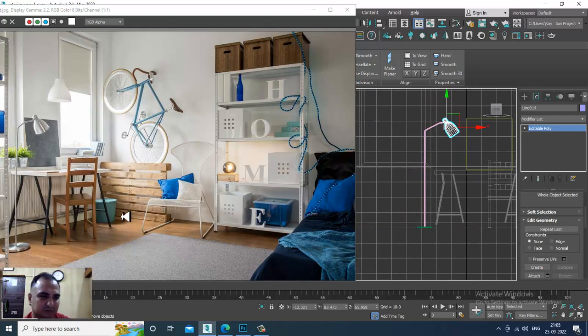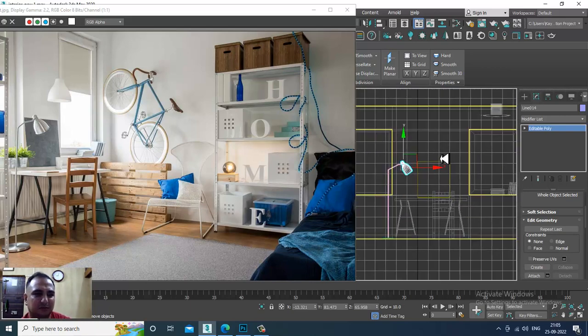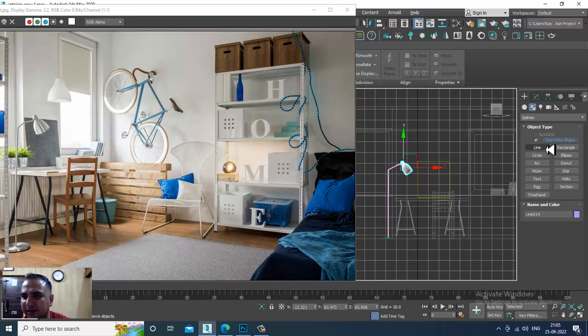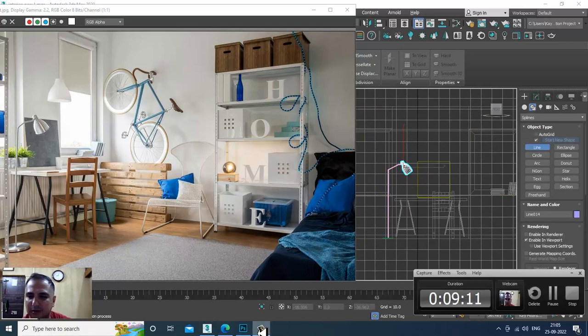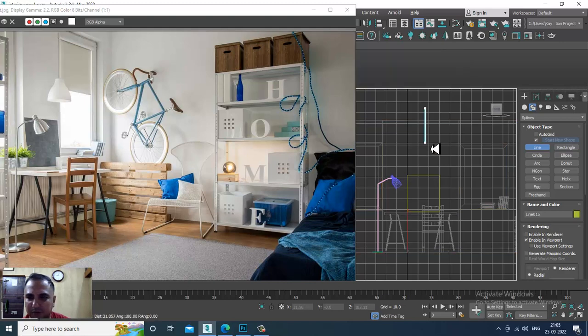Now again I'll go over here. We have one more lamp right from the top. Let's model that. So I'll again go over here and I'll take a line tool right from the top till here. So I can take a line tool over here, and now